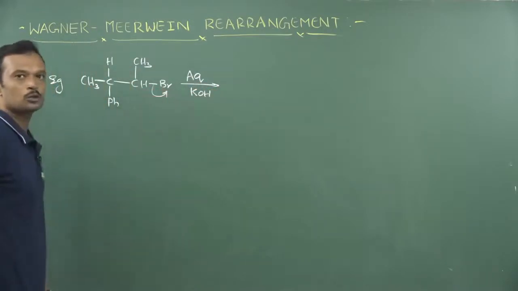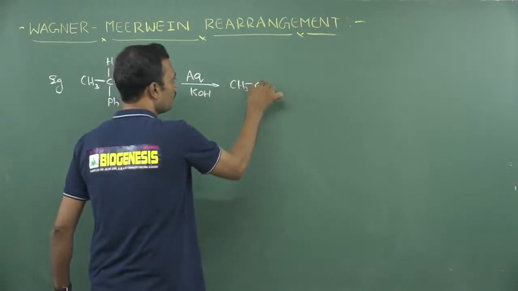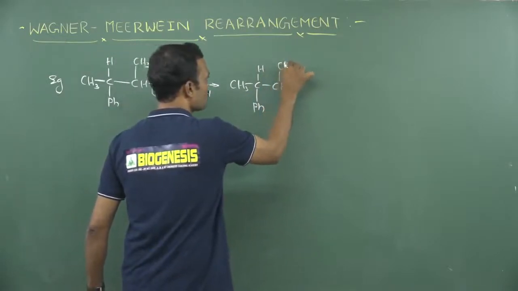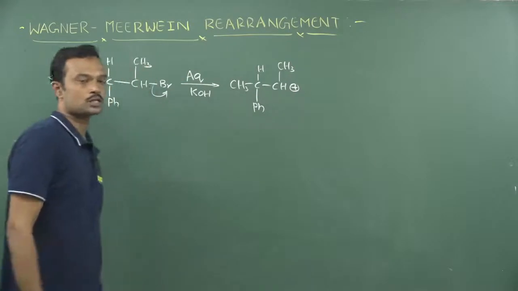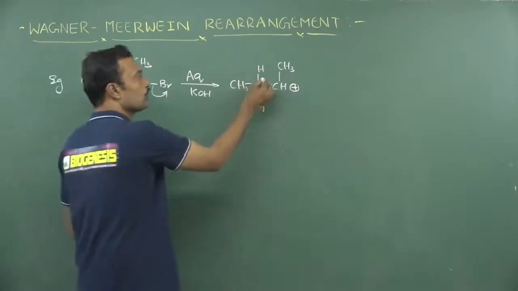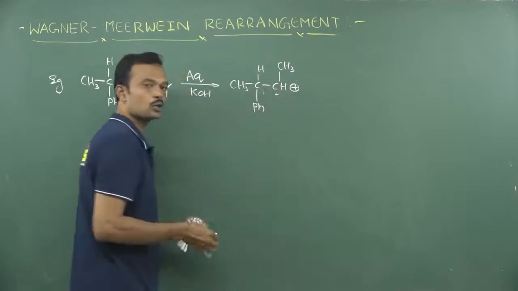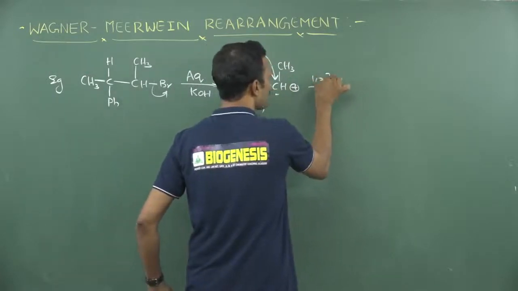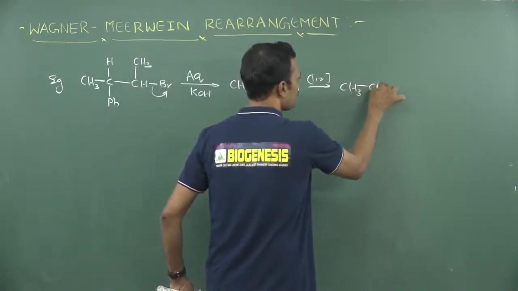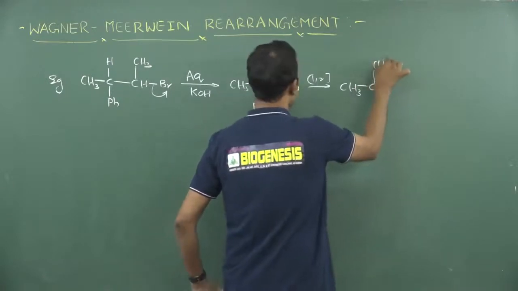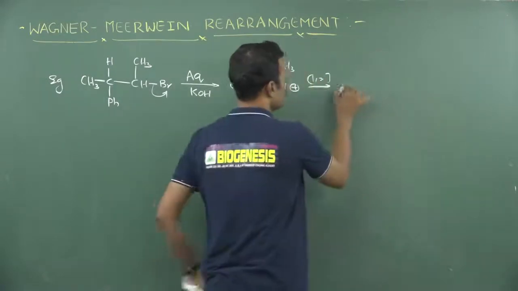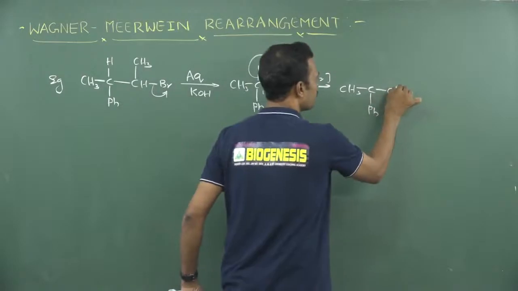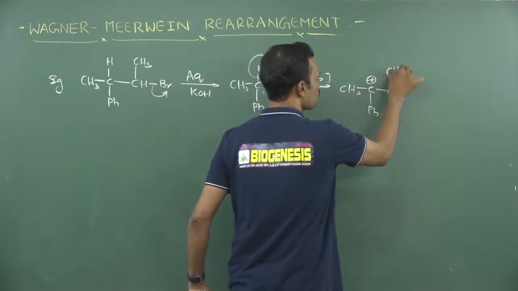First you need to remove this bromine. Why? Because it is a good leaving group. Now this particular carbon carries a positive charge. After representing the positive charge, see the adjacent carbon: which group or which atom migrating onto this carbon is responsible to give a more stable cation than this? So simply we can say hydrogen is the migrating group. This is a 1,2 shift, and finally see this carbon carries hydrogen, and already there is a presence of CH3. Now this hydrogen is migrating, so here there is a presence of phenyl, and here there is a positive charge, CH2 followed by CH3.